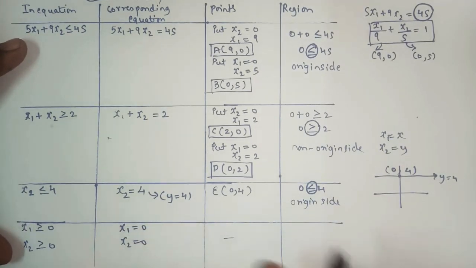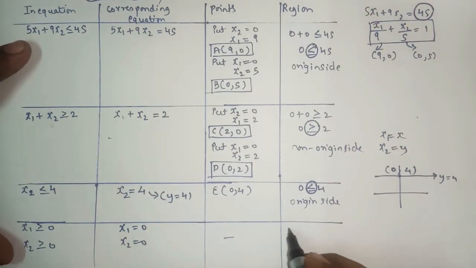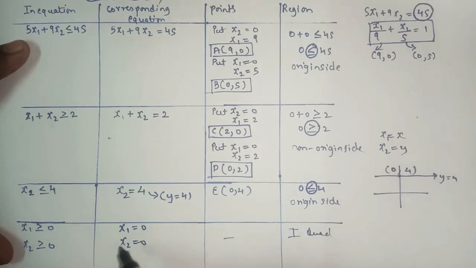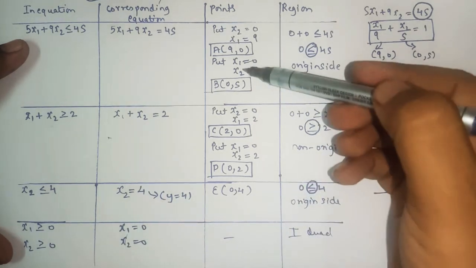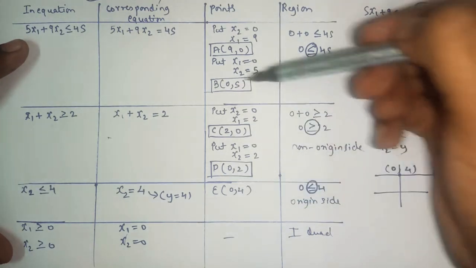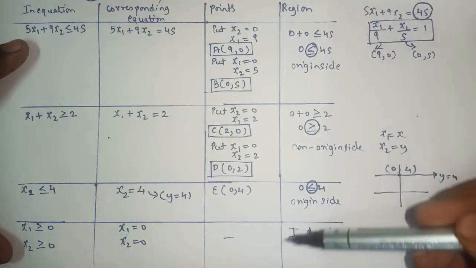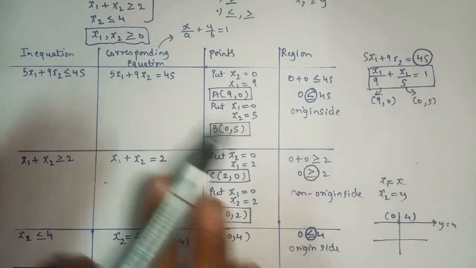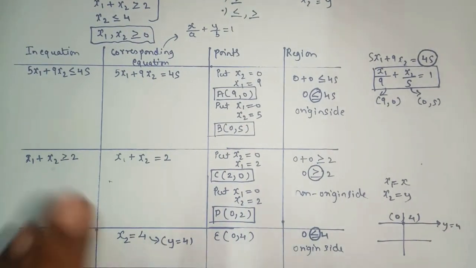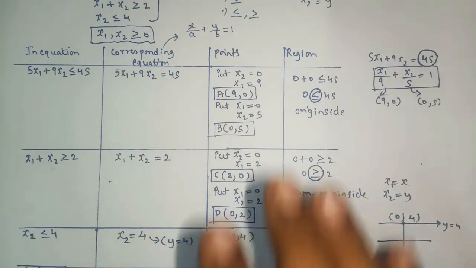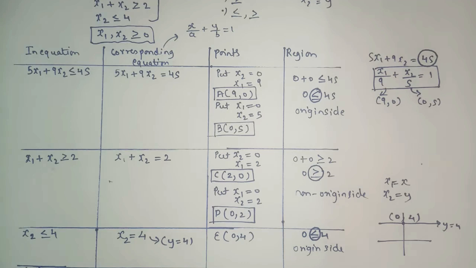And for this 2, as all the points will lie on the first quadrant, here we can write first quadrant. As this indicates the values of x1 and x2 will be greater than 0. So it will have the positive value. So when we have the positive value, basically all the points will lie on the first quadrant. So that's the end of part 1. That means how to construct the table. Now we'll plot the points on the graph paper. Again remember, in the board exam, if they provide the graph paper, it is compulsory that you draw the graph on the graph paper only. Okay.